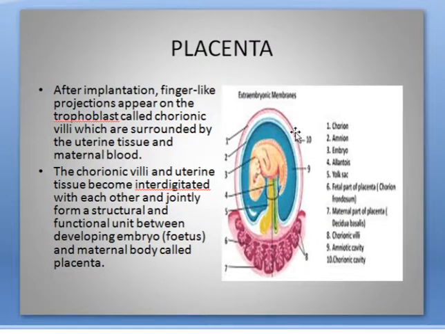Outside the amnion, this layer is the chorion. You can see here the chorion, and the space between the amnion and the chorion is the chorionic cavity. This chorion will form finger-like structures here that will go inside the tissue of the uterus and will establish a blood connection, a capillary connection with the mother's tissue, and this whole structure is called the placenta. So placenta is basically a structural and functional unit between the developing embryo and the maternal body.